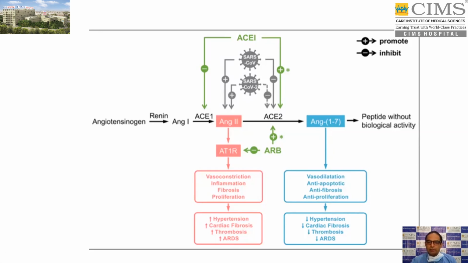Now, that comes to one more controversy, that giving ACE inhibitors in the patients with COVID will actually lead to detrimental effect. The reason is that once we give ACE inhibitors, it will inhibit this ACE1 enzyme, and it will lead to overexpression of this ACE2. And overexpression of ACE2 means more coronavirus can attach to this ACE2 enzyme. And that is the reason it was proposed that giving ACE inhibitors will increase the morbidity and mortality in the patients with COVID infection. But that has not been proved actually. It may be seen in vitro, but it is not seen in vivo.